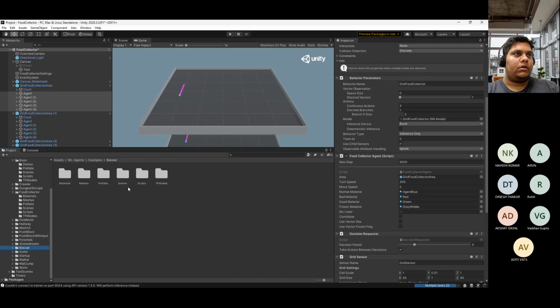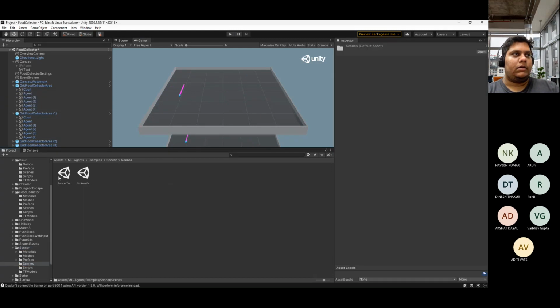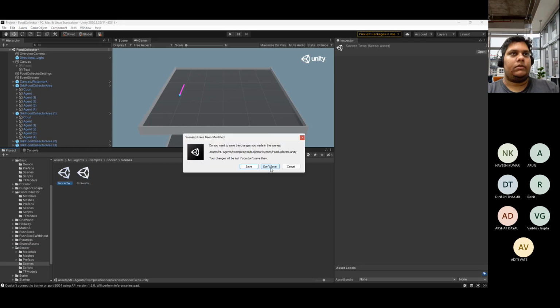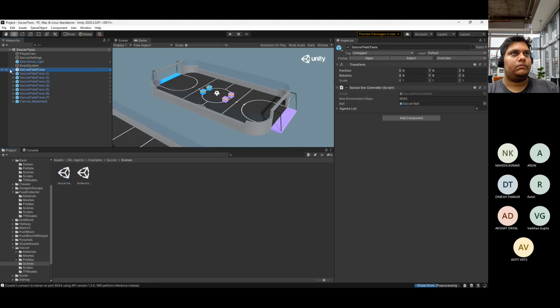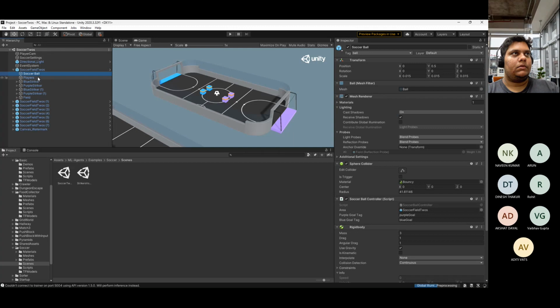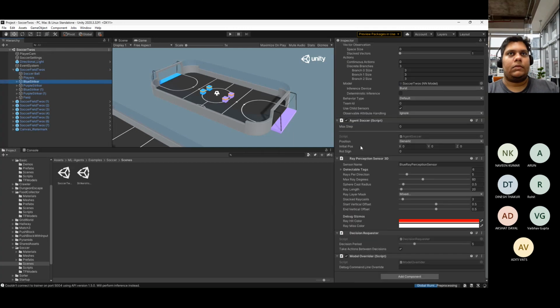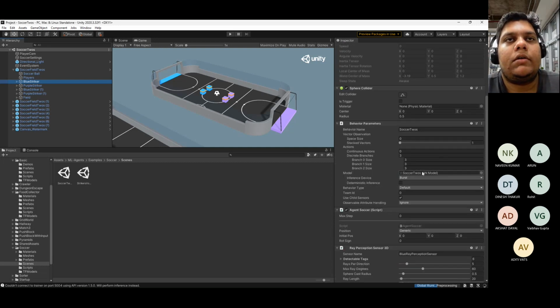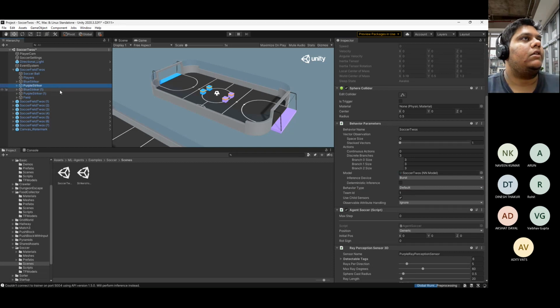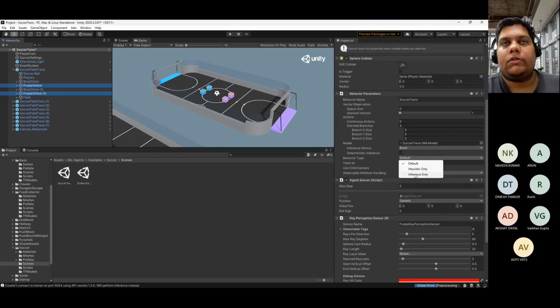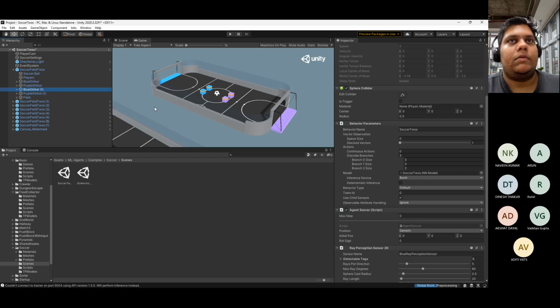So let's try one more, the soccer one. So soccer twos, striker versus goalie. Let's try this one first. So maybe we can have one as an inference. Blue striker, purple striker, blue striker, purple striker. So we can have 3 as inference, and maybe I can also control one. Let's see. One can be